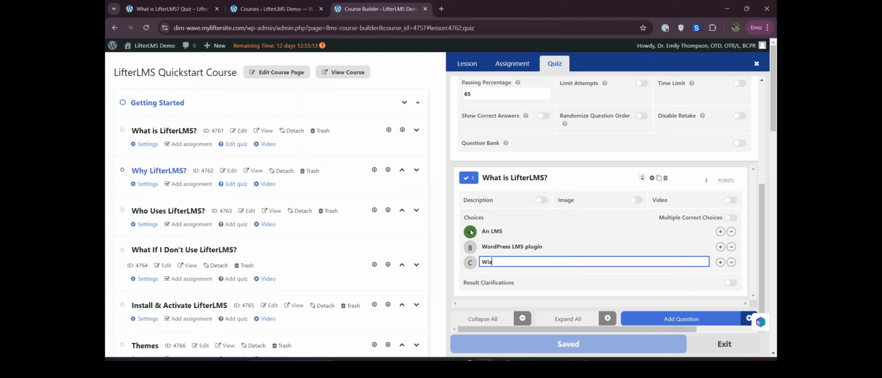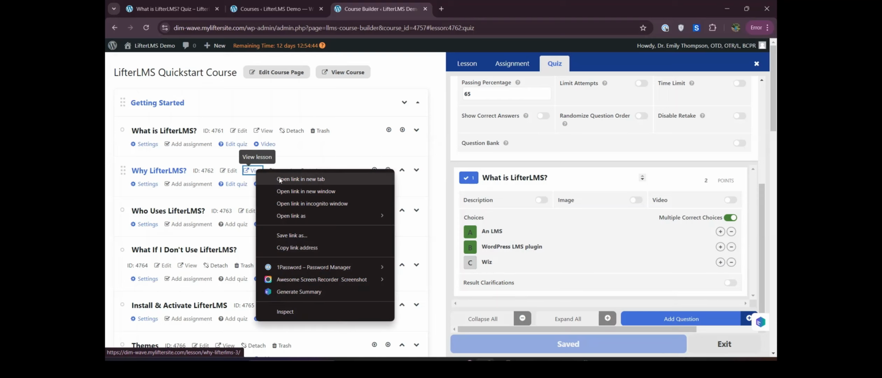But if you want your student to be able to select multiple correct answers, then we have to enable the multiple correct choice. Now we have to enable this multiple correct choice, and now we can select two answers as an admin. So now I'll save this, and if I open this as a student,